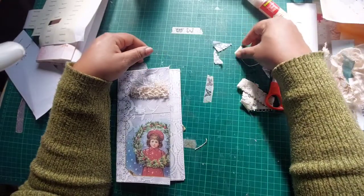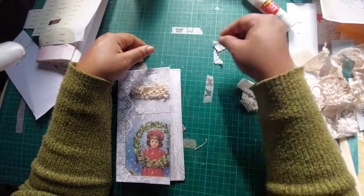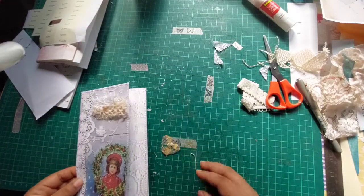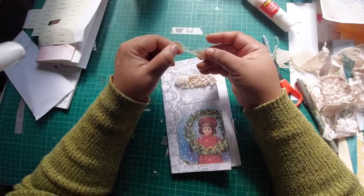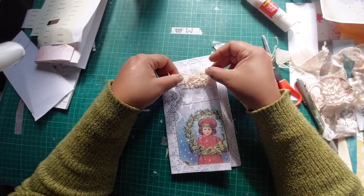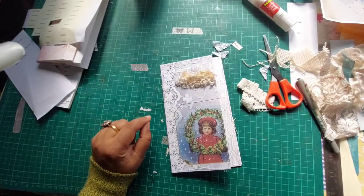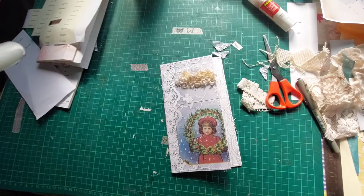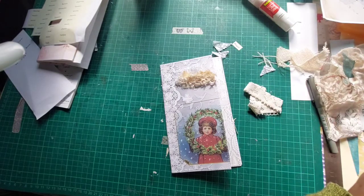And of course we have the word prayer, but I need to have some sort of a floral accent to this. Here I have just watch. I don't throw away even these tiny bits because they come in pretty handy sometimes. And what I'll do is I need some floral elements added to that